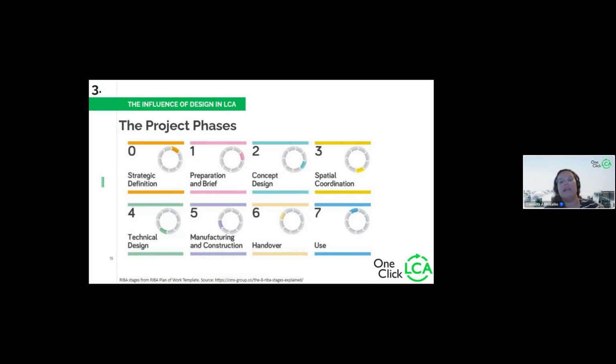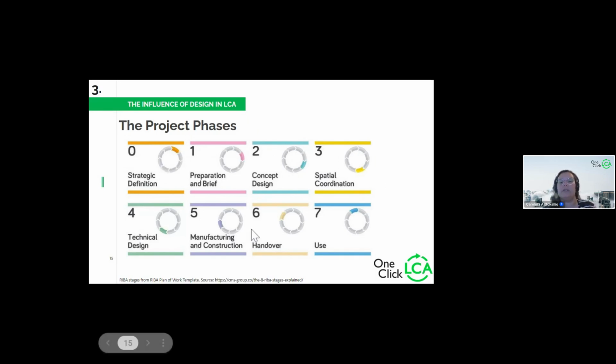So then we are collecting the data that will serve as the guide for us to actually start the project. From there, we start with the concept design, in which we also start to work with masses of the buildings so that we can create the beginning of the first proposal, and then the spatial coordination. So after these are approved by the customer, we can then move forwards to the technical design and send it